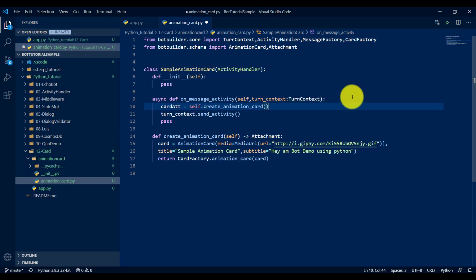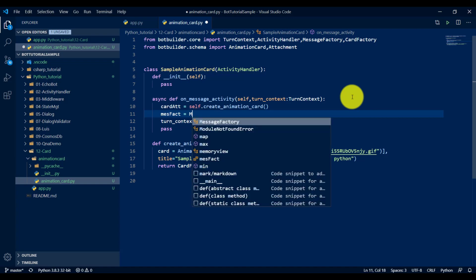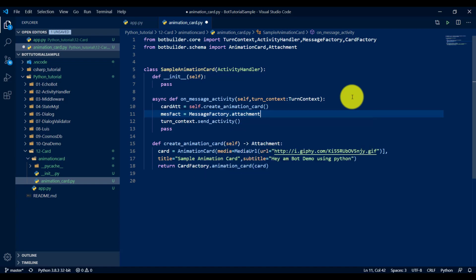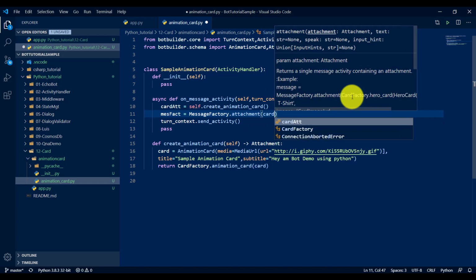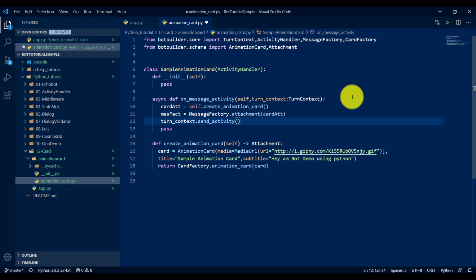This function returns the attachment. After that, I convert it using MessageFactory.attachment, so I'm adding the attachment to the message factory. Finally, the message factory converts to an activity. Just pass the message factory. That's it.